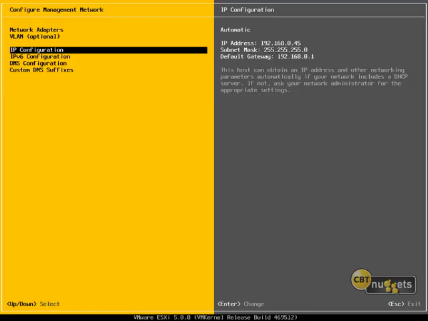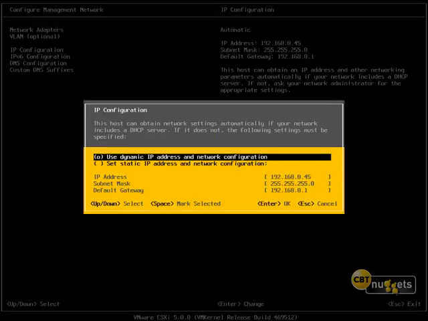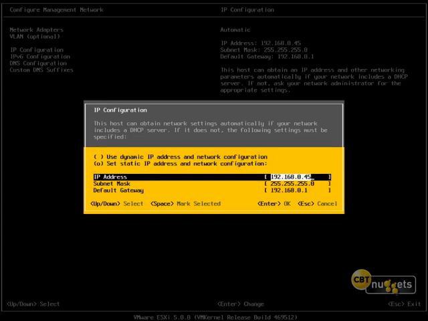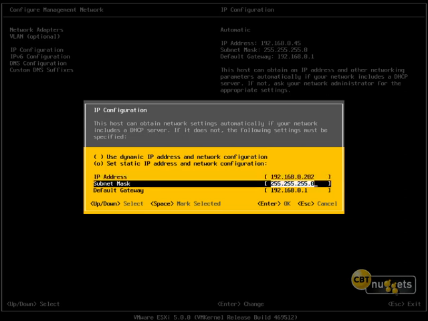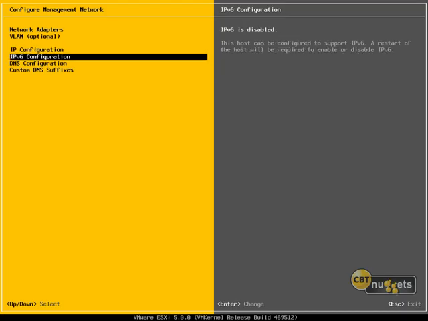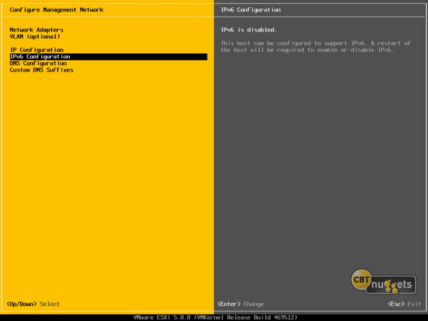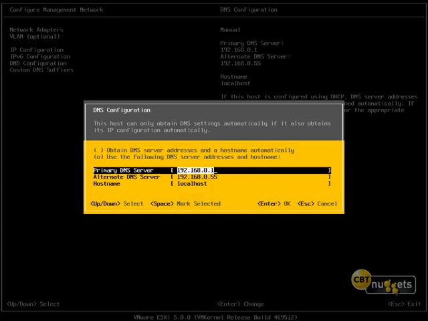Our next task that's required is to actually set up the IP address information for this server. I don't want to use dynamic IP address and network configuration in this case. Instead, I'm going to set this to 192.168.0.202, which is the IP address associated with ESX1 in my network. I'm going to choose a subnet mask here, which is in my case a 24-bit subnet mask, and my default gateway. If I have IPv6, I can also choose to enable and then configure my IPv6 configuration down here. Do not forget to set up your DNS configuration as well. In my case, my DNS servers are